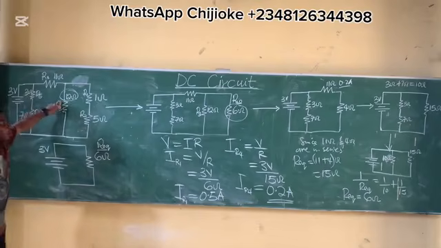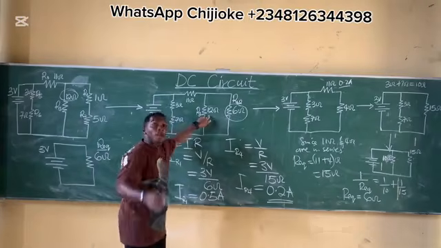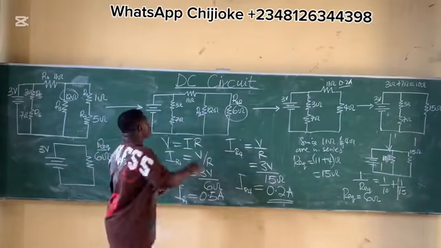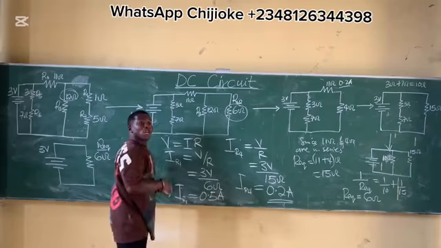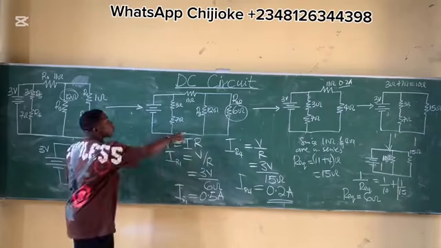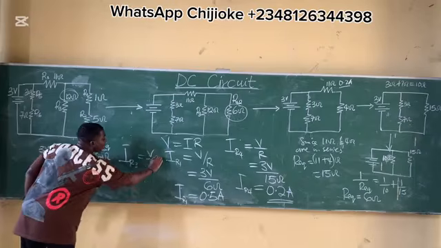Now, when we look at this R3, it is in parallel. And resistors in parallel have different currents. So I'm going to use this 4 ohms. It is only when there is series that I use the equivalent resistance. If I want to get a current from R3, I is equal to V over